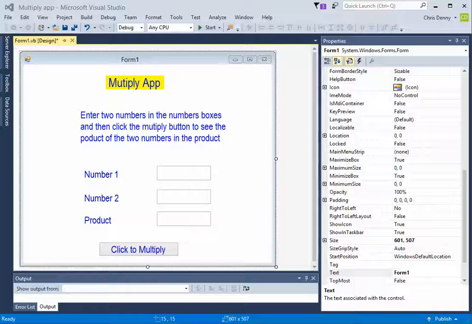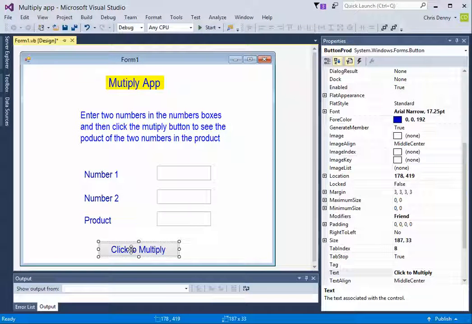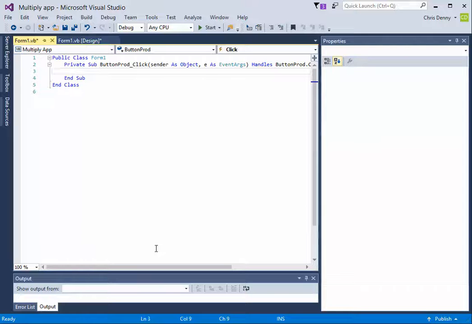So when we click the button, as I'll do right now, there we go, double click the button rather, it comes up with this public class form1, which is effectively all